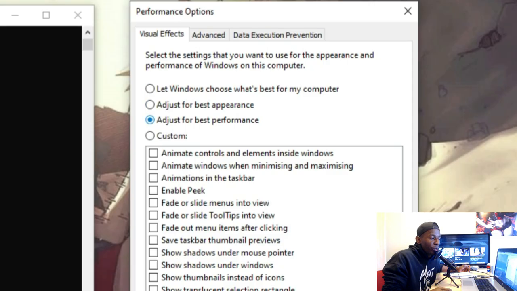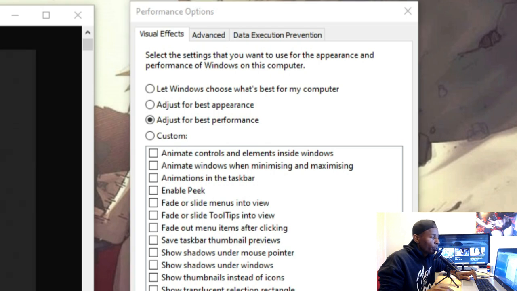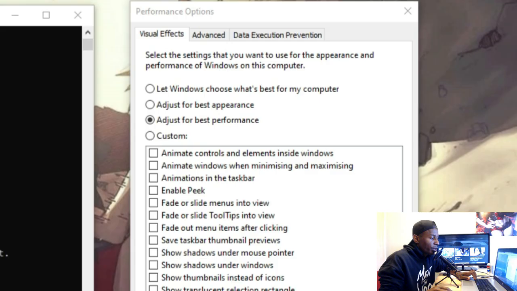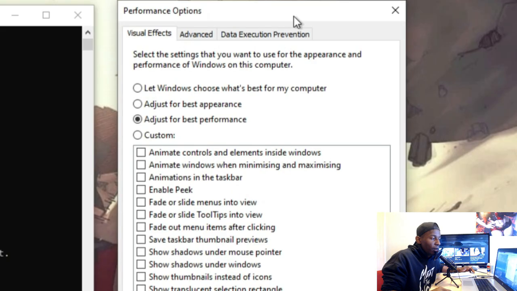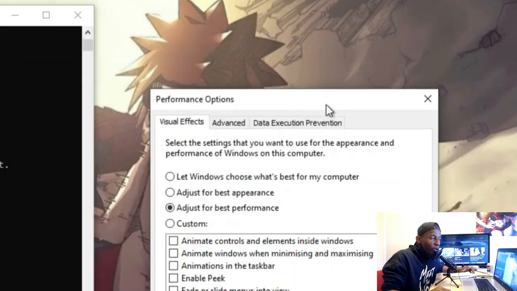Now when you adjust for best performance, everything here is disabled. So animations, border radius like the smooth borders, shadows, 3D taskbar. I said animations already, but if I click the Windows button, the way it pops up, you will see a transcend effect; all these animations will disappear. And when you're moving around Windows,